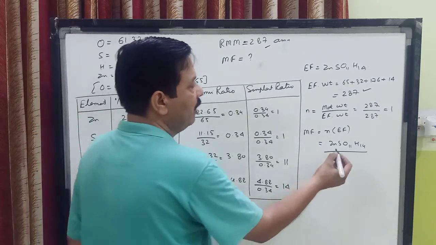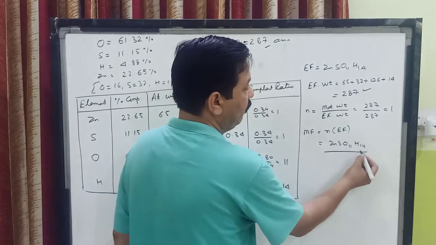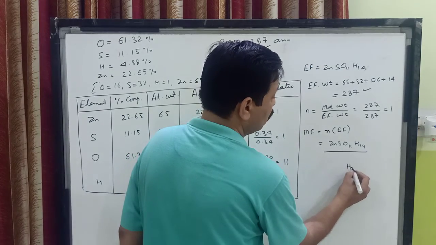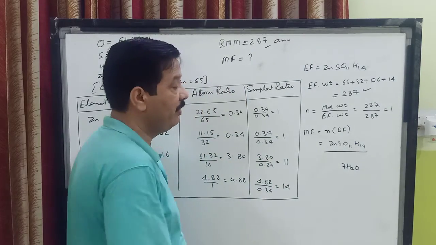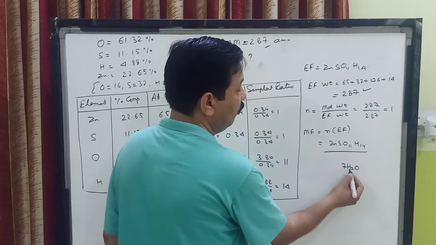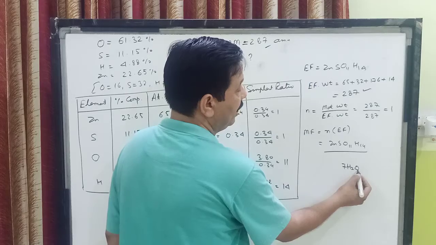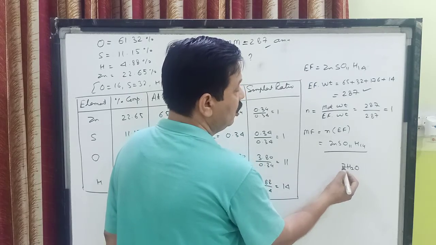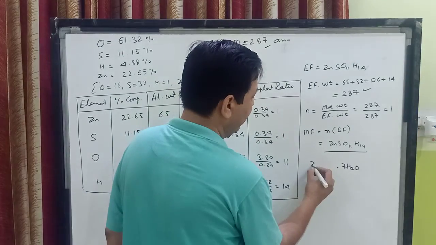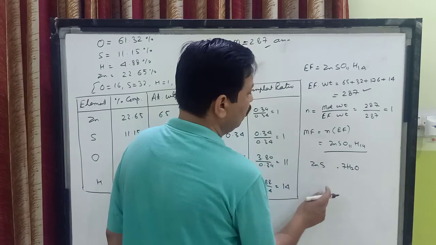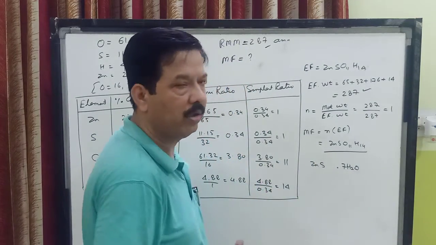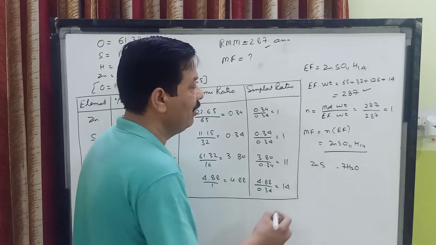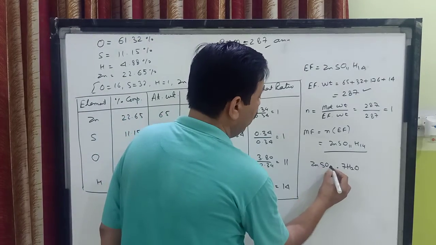Now children, one more thing is being asked here, that all the hydrogen are present as water of crystallization. So children, if you have 14 atoms of hydrogen, that makes H2O times 7. So water of crystallization, 2 into 7 makes 14, and 14 hydrogen atoms are consumed here. So children, the formula becomes Zn, there is no change, sulfur there is no change, but out of 11 atoms of oxygen, 7 have gone to water of crystallization. So how many are left? There are 4 atoms left.